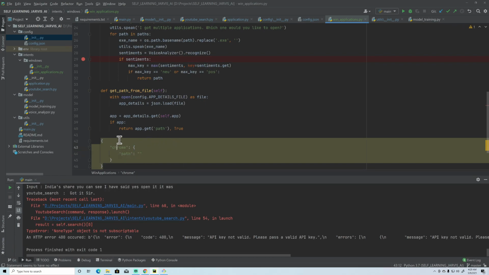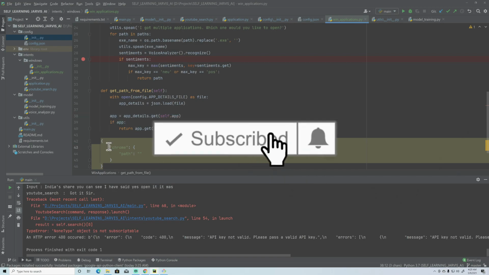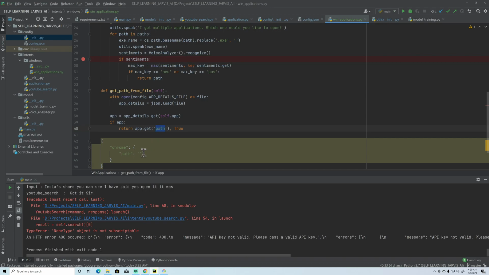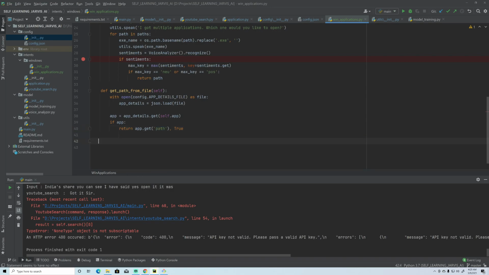So that is why I just get that app name, just having Chrome. We will pass this Chrome here and it will get us this dictionary, and from this dictionary we will have this path, right? So let me just remove this.